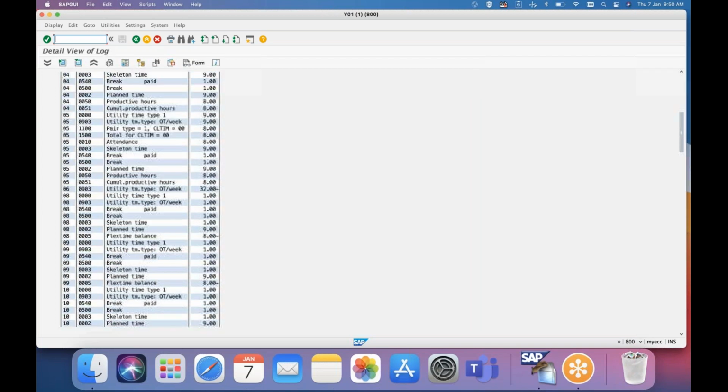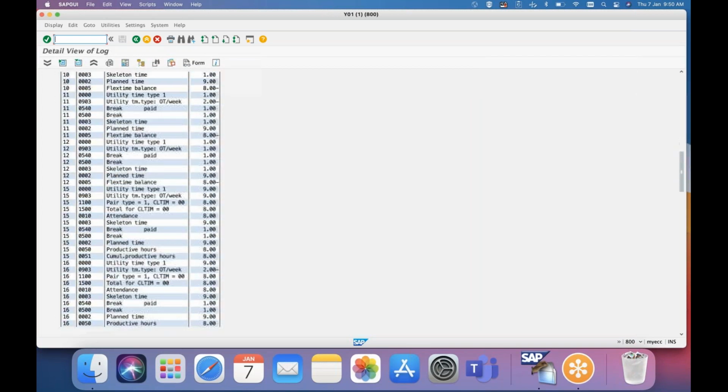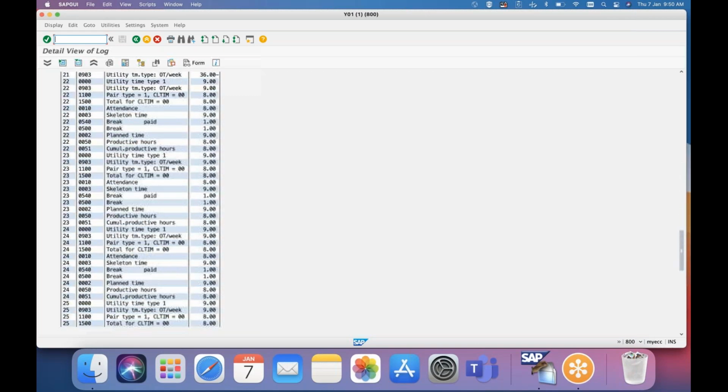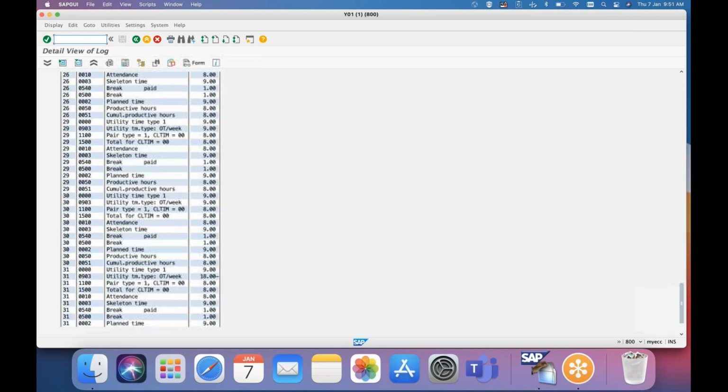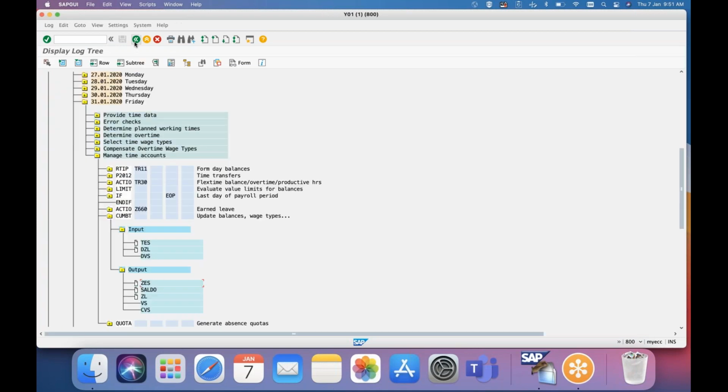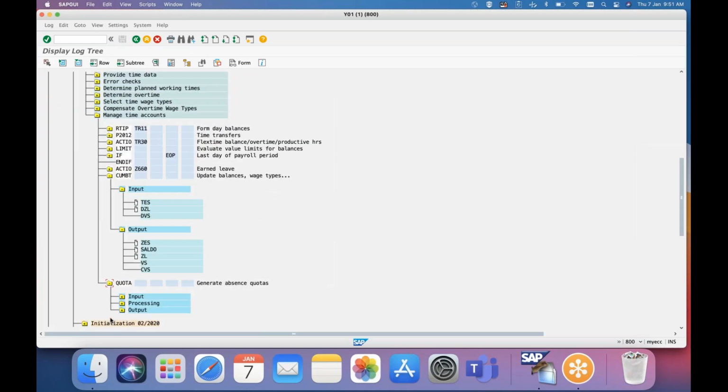These are the time tags. So we have generated ZER time type on day 31, right? You can see in this ZES table, which is day wise, on the last day, the time type is updated to the ZES table with 2.5. This ZES table is the input for the quota function.